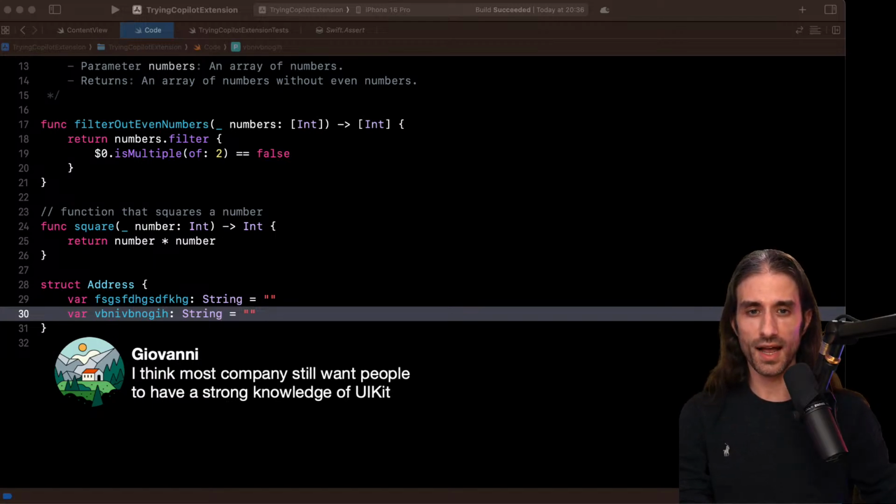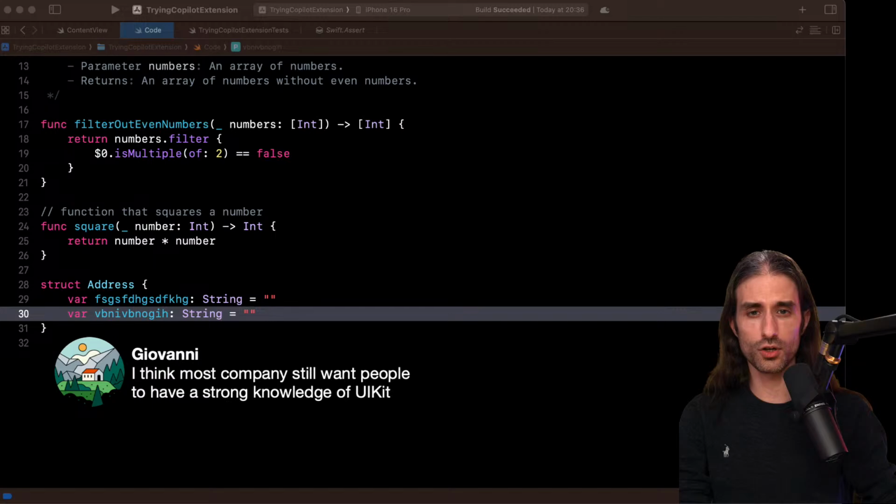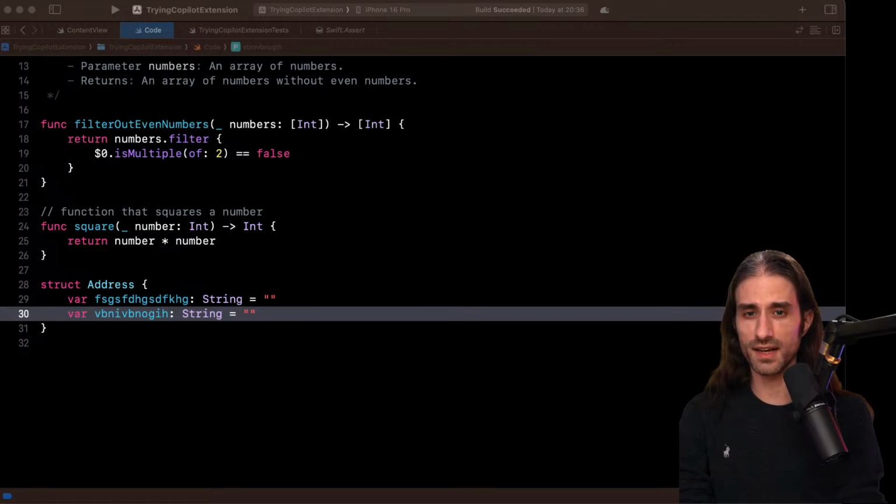I would say look at the job offers where you want to apply and go from there. It might change a lot between companies. Some companies might have a lot of legacy projects. In that case, it makes sense that they would put an emphasis on the knowledge of UIKit. But if it's a startup that was created 2 years ago and supports iOS 17 plus and is full SwiftUI, they might put much less of an emphasis on it.